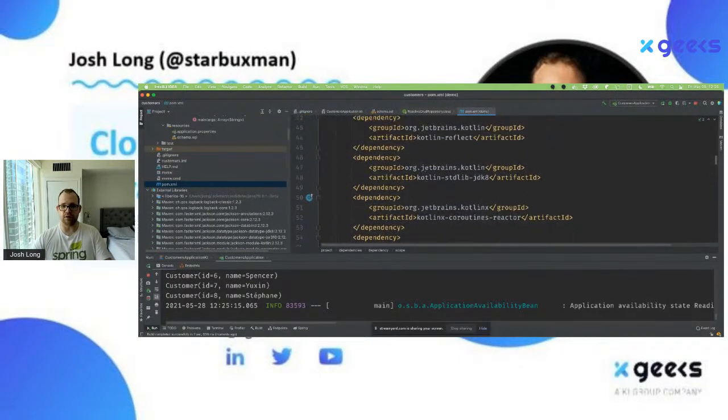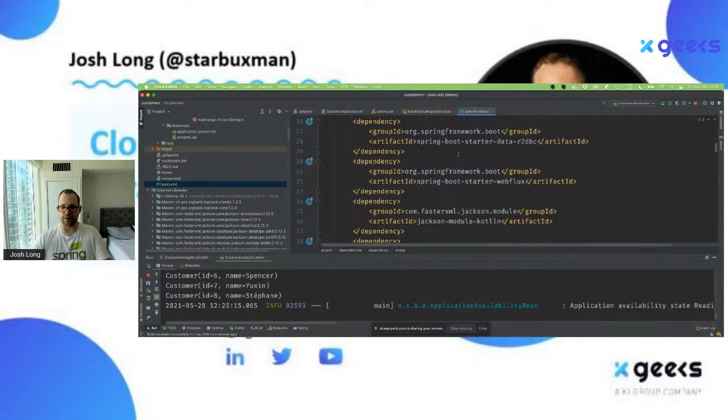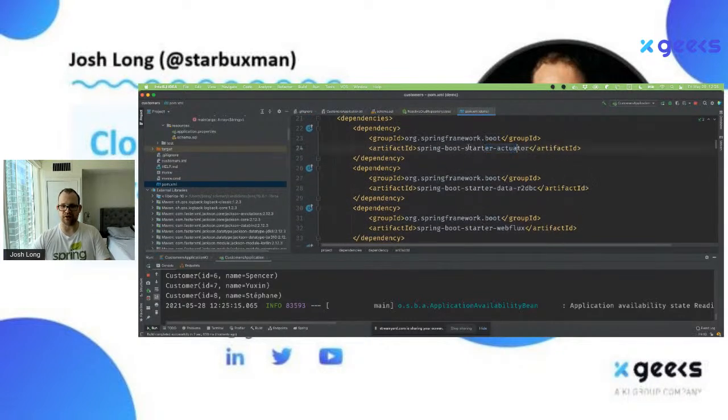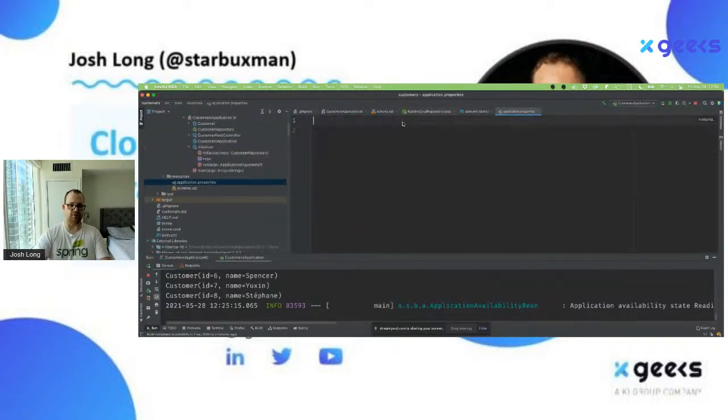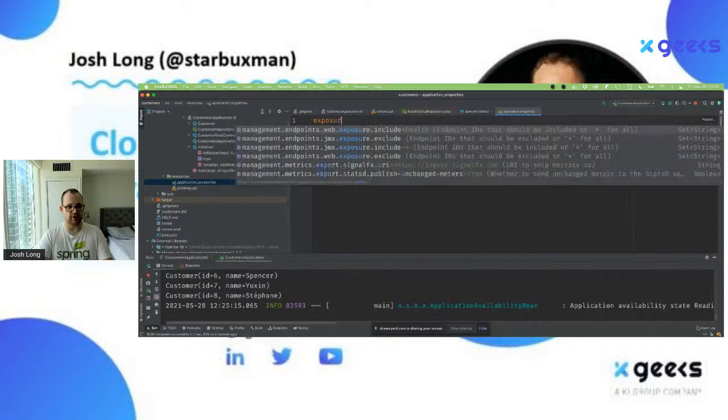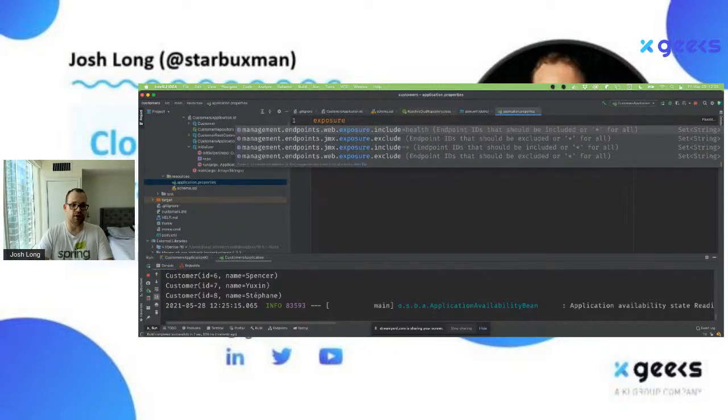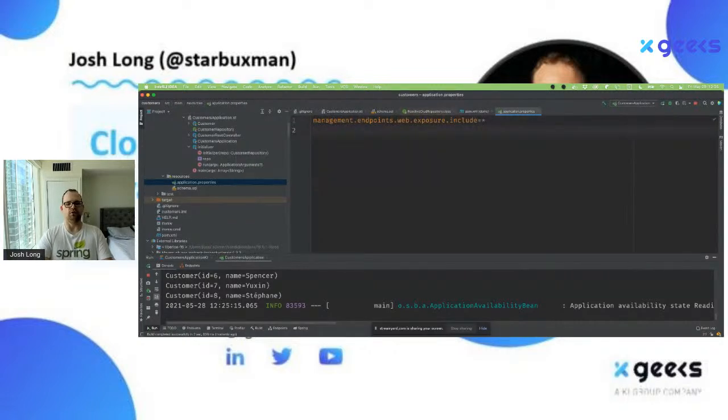One way we can do that is with the Spring Boot actuator. That's this module right here. It's a set of managed HTTP endpoints that give you information about the state of the service. So I can say, I want to expose all the endpoints. I can say show all of them. I want to show the health details, right? Show details always.